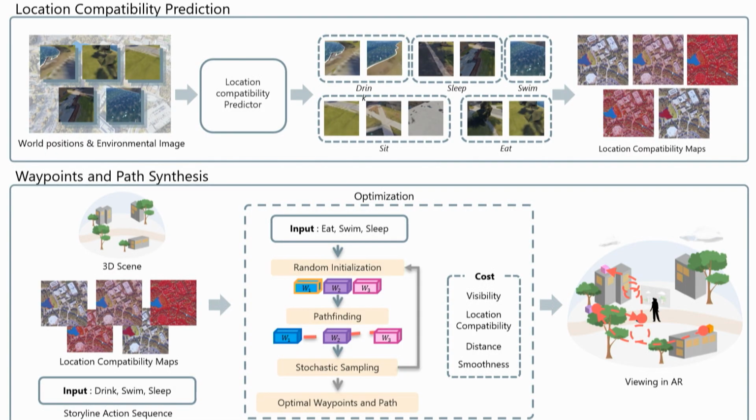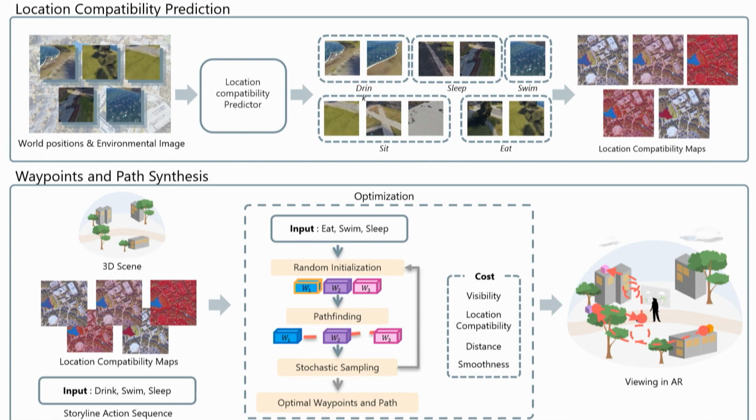This is a bit different from the indoor scene, because for the outdoor, things are of much larger scale, right? And we need to be able to classify in a more macroscopic way, right? So we need to tell the dragon that, hey, this is a good place for doing what, right? For example, if it is a shade, then this is probably a good place for resting. If it is water, it is a good place for drinking or swimming.